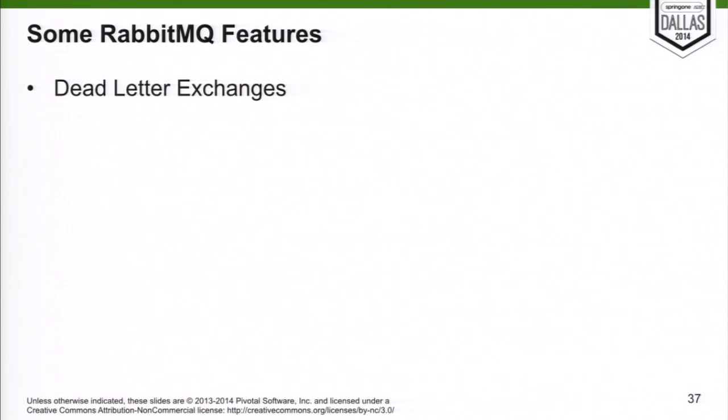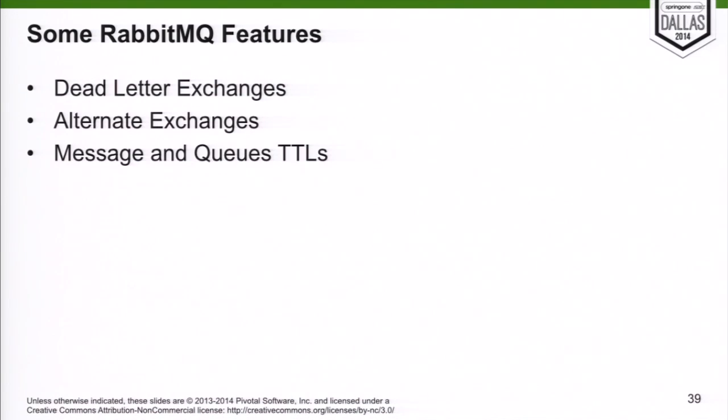There are dead letter exchanges. If a message cannot be processed, like a poison message, for example, you can reject it and dead letter the message to an exchange. You can put queues on that exchange, process the message later, or whatever. There are alternate exchanges. If the message cannot be routed, you can say, if nothing can be routed in this exchange, send them to an alternate exchange where I will check later what's going on with those messages. Message and queue TTL. If you don't want your queue to keep growing and growing, you can tell Rabbit, I want this queue to expire with a TTL, or each message to individually expire with a certain TTL.